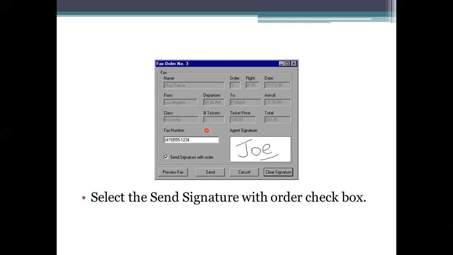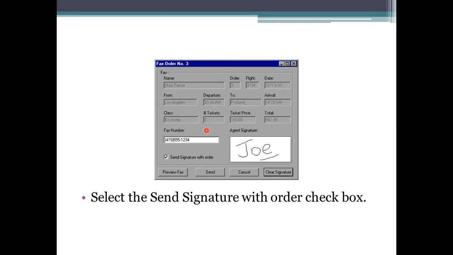The normal user details have been given, and we need to specify that the order has been approved with the signature of the agent here. That's why the agent signature is specified, which is Joe here.